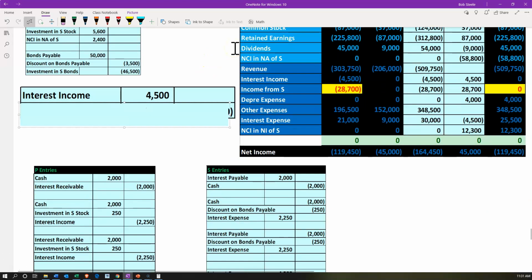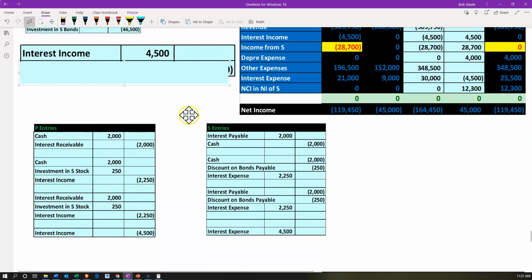So in terms of the interest income, here's the data we did before. We calculated the items that would be recorded on P's books and S's books, in a format that could be recorded in, and that was this. If we add up the interest income, it came to 45,000 of interest income and